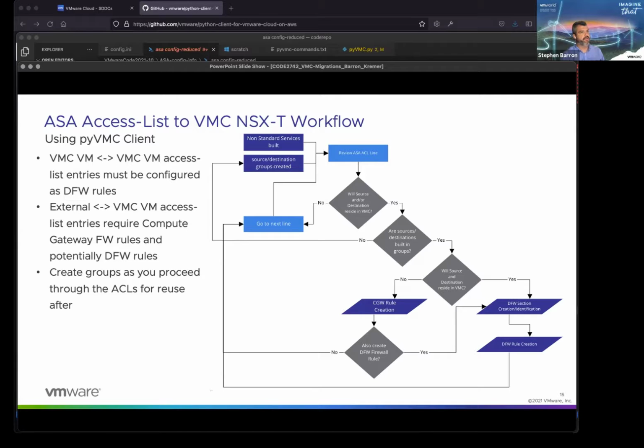If both the source and the destination of the ASA ACL are in VMC, then we're going to have to use a distributed firewall policy. The other thing that I've run into as we were going through this with the customer is that they have a lot of groups, and sometimes they were using groups, which was great, so we could go through and predefine those. But in some cases, they were just using IP addresses rather than groups. So then we had to go back and redefine those IP addresses as groups within the